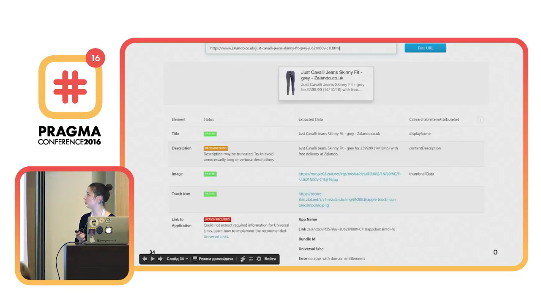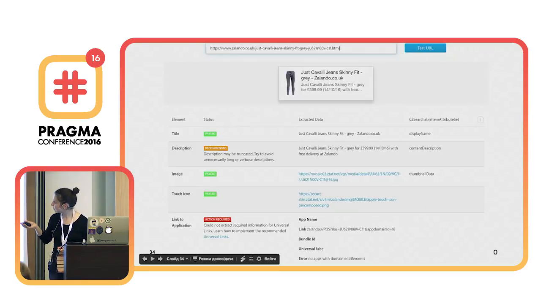And in our application, it looks kind of like this. I put in a universal link, and I can see what's going wrong and what's going right. I see that the title is fine, but the description is a little bit too big, okay. And then the image is fine, it's also okay. And then it tells me that I don't have an association link because it should be like that and it cannot find it. But it's actually a mistake, because you can handle it differently. For example, in our company there was a problem. They have a specific type of universal link, so you have this PDP and then the ID of this item and then the domain ID, but in real life it doesn't work like that.